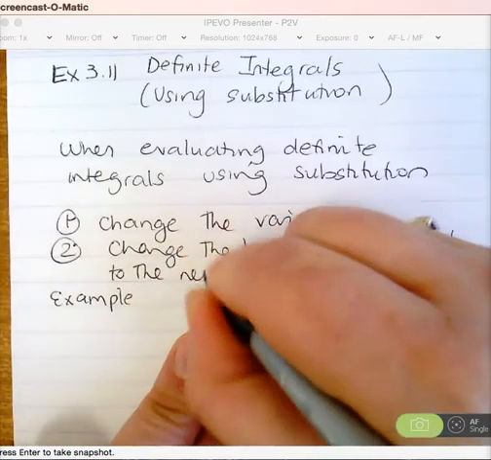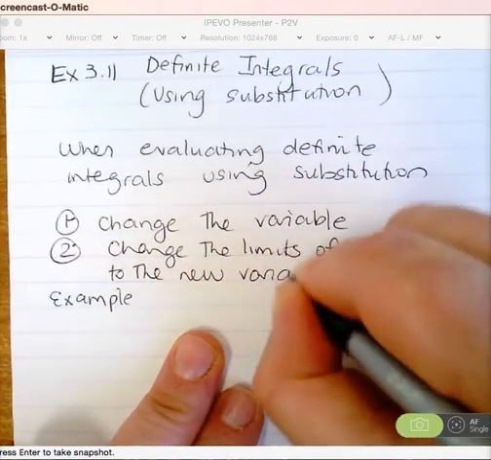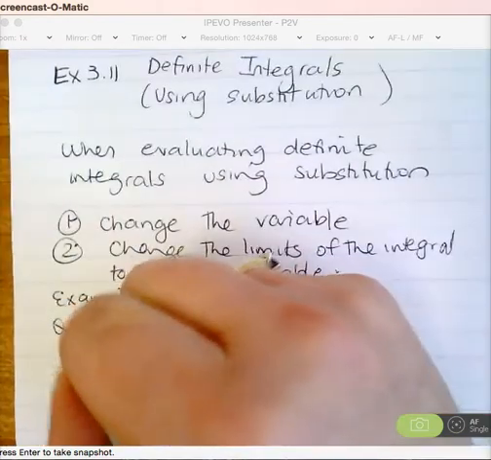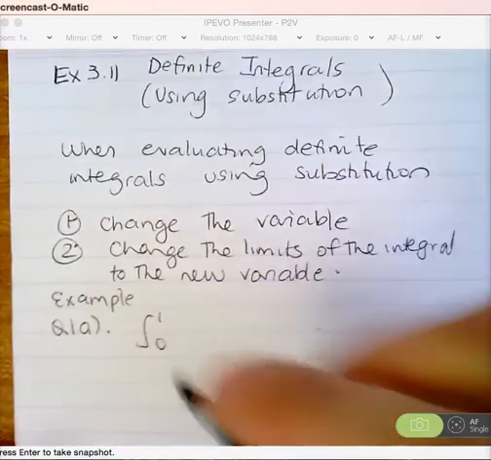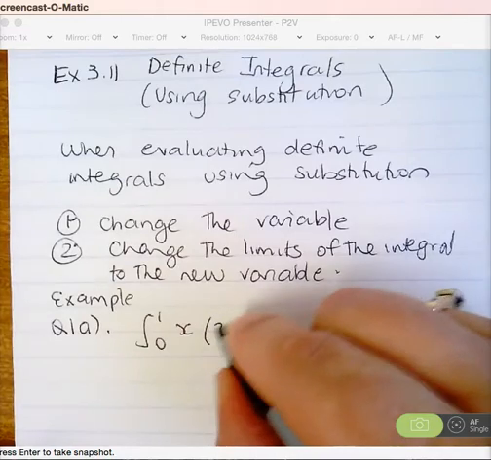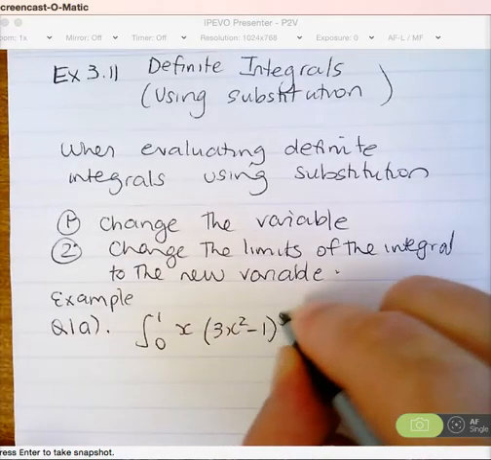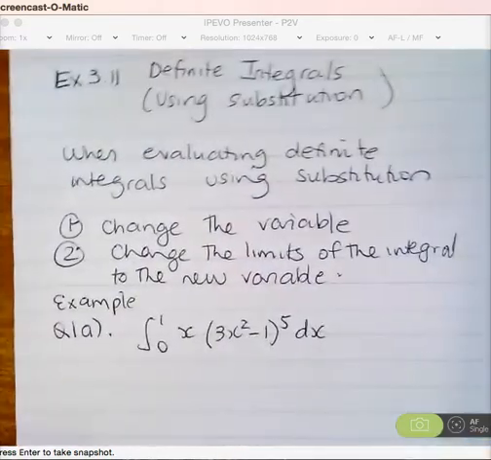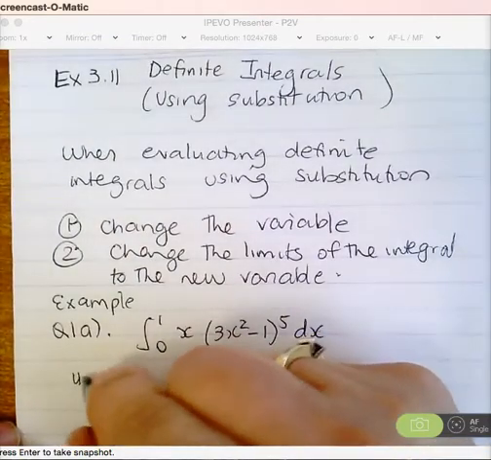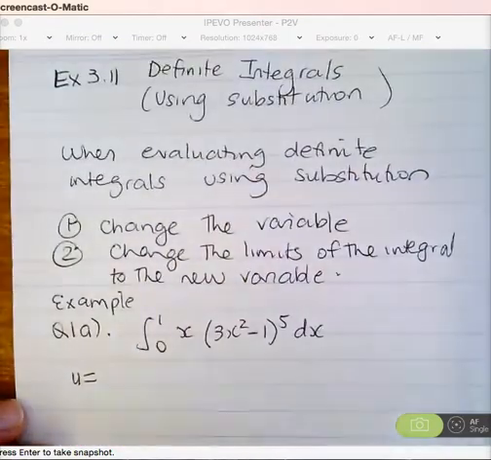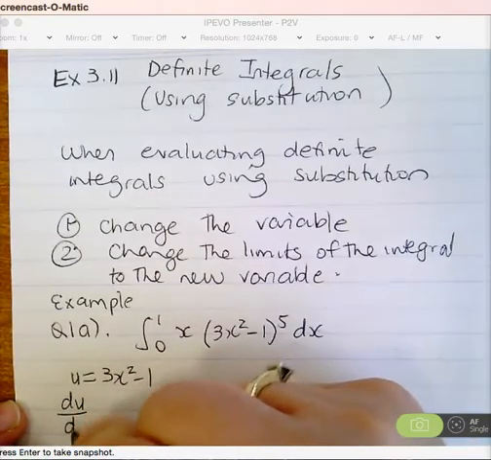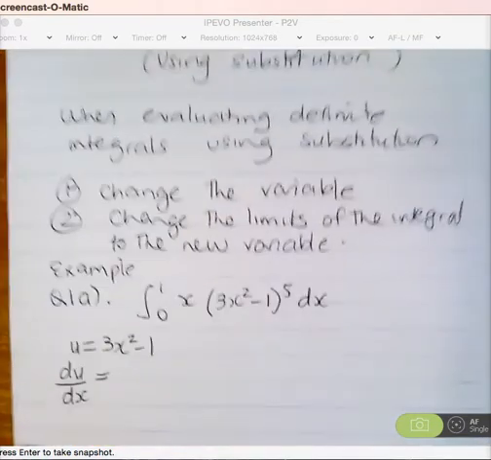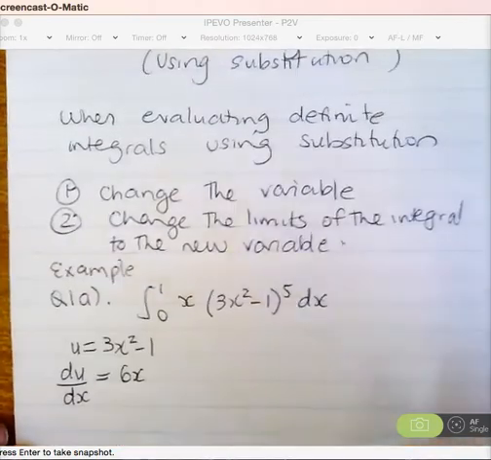Now, here's our first example. It is question 1a from exercise 311, and it's to find the integral between 1 and 0 of x bracket 3x squared minus 1 to the power of 5 dx. Okay, how do we start? Let u be, what do you think? 3x squared minus 1. So therefore, du dx is 6x, which means that